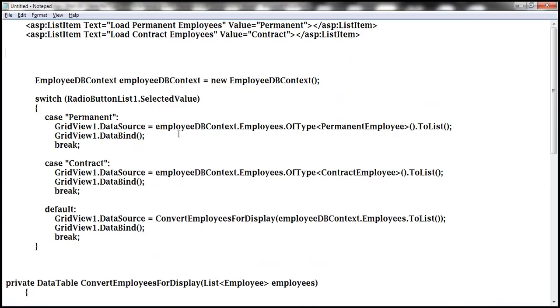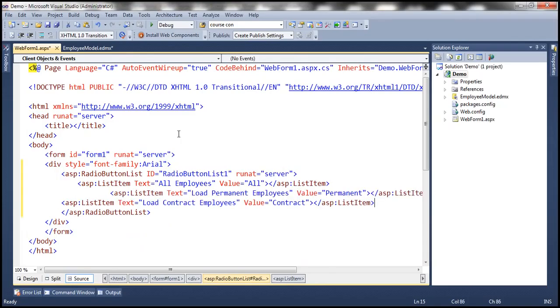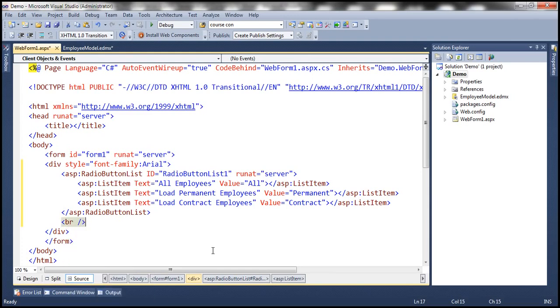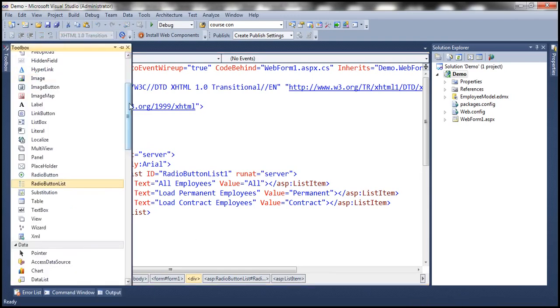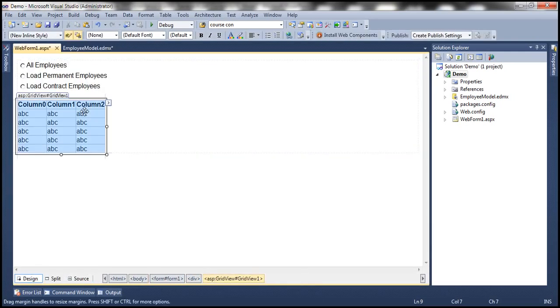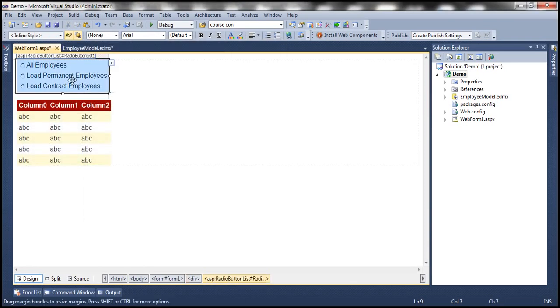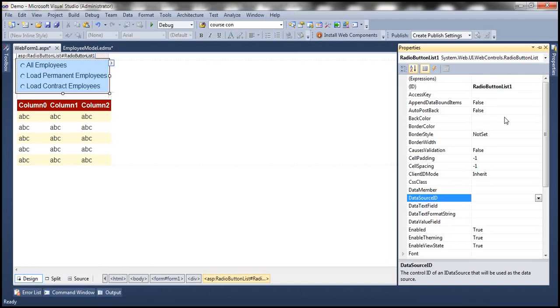And to speed things up, I have already typed the required HTML, so let's copy and paste it right there. So here we have a list item to load permanent employees and a list item basically to load contract employees. The next step is to include a grid view control, so let's drag and drop a grid view control, and let's actually flip this to the design mode and auto format this grid view control, and let's set auto post back for the radio button list to true, so that it will automatically post back